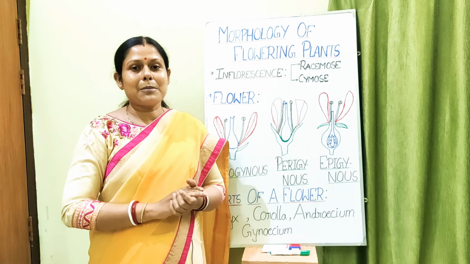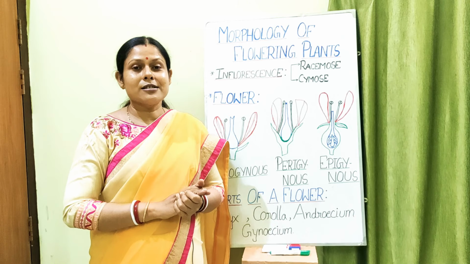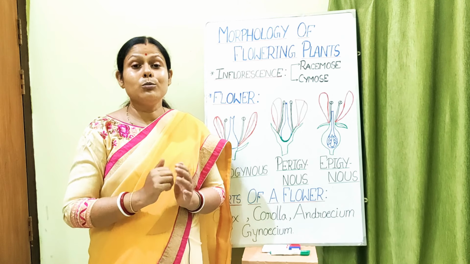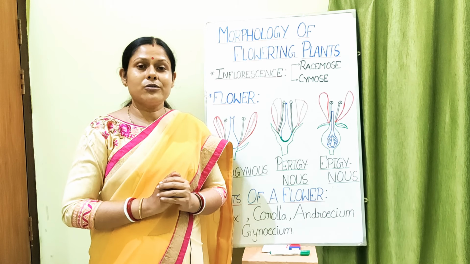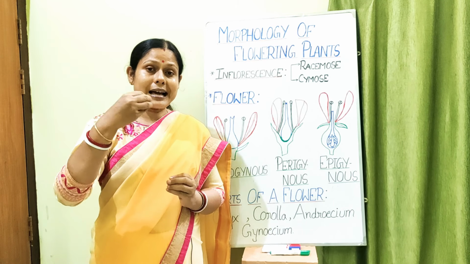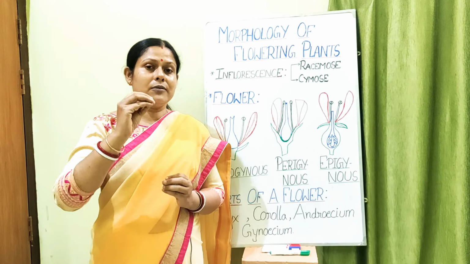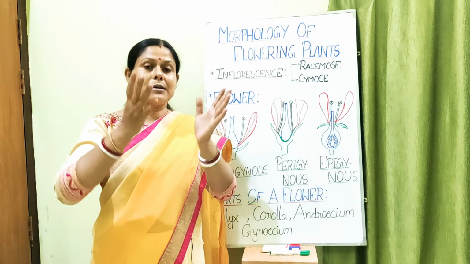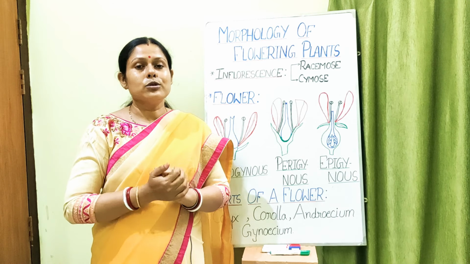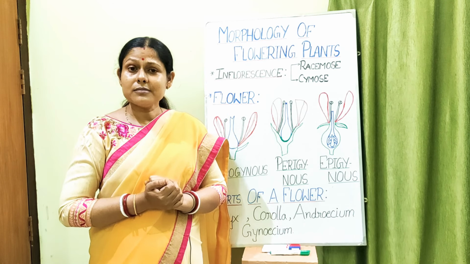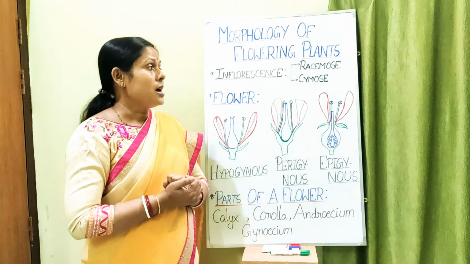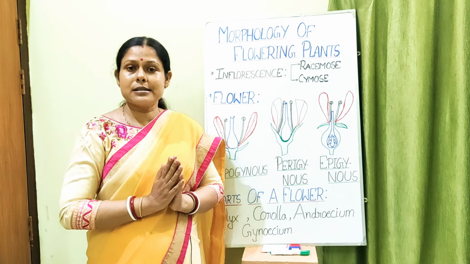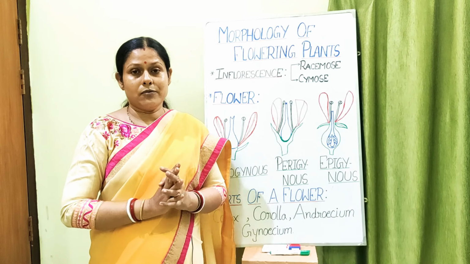The best example you can see in your school, that is a gulmohar plant. When we enter the school, we have a gulmohar tree. In that gulmohar tree you will find that the floral axis never terminates with a flower. It keeps on growing, new immature buds come, and at the base is the most mature flower. So that is the example of racemose inflorescence. You remember gulmohar is the example of racemose inflorescence.